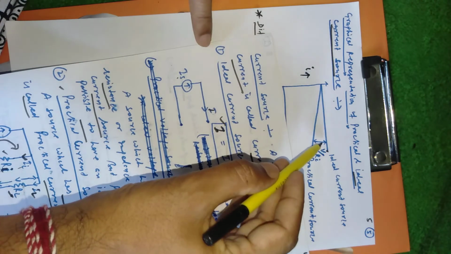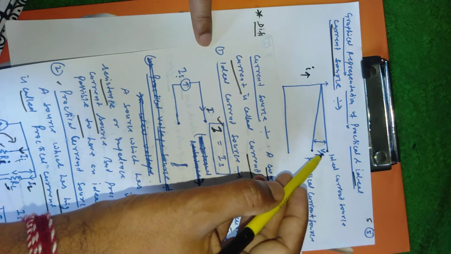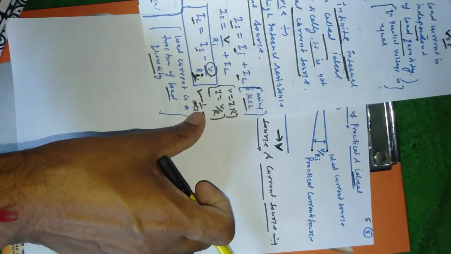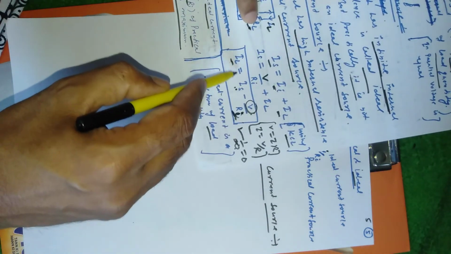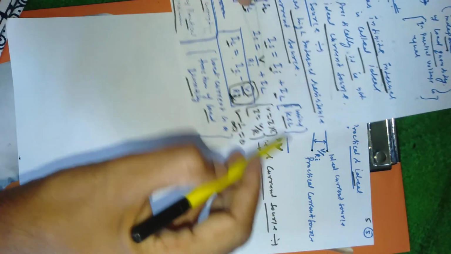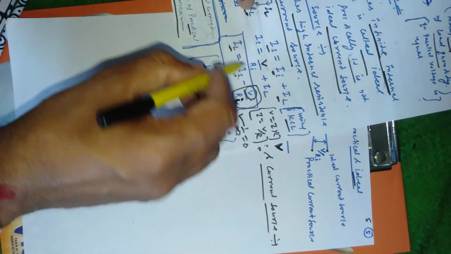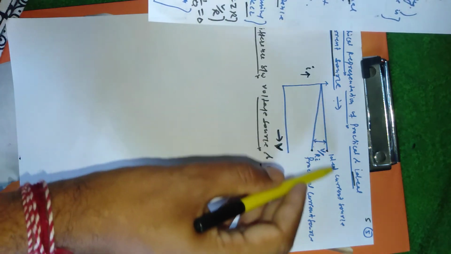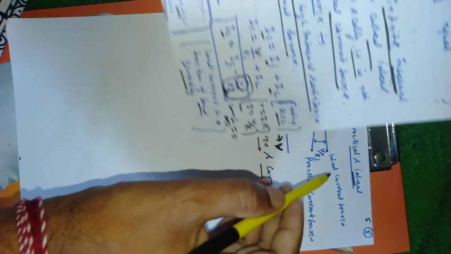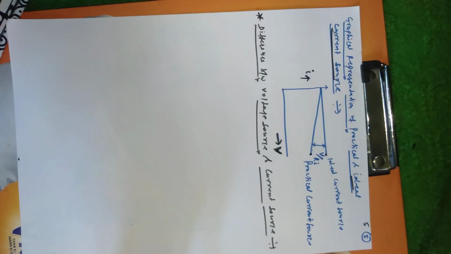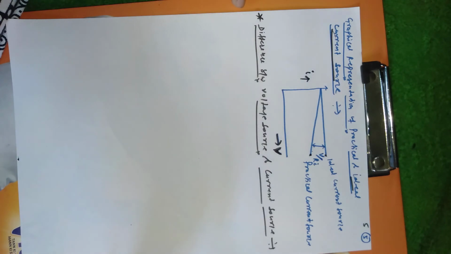So there is a drop across ideal and practical, that is V upon RI. You have just calculated here that IL is equal to IS minus V upon RI. V upon RI is the difference. If this gap becomes 0, then you have the condition of the ideal current source. If there is a drop of this V upon RI, then it becomes the practical current source. So this is all about the current sources.